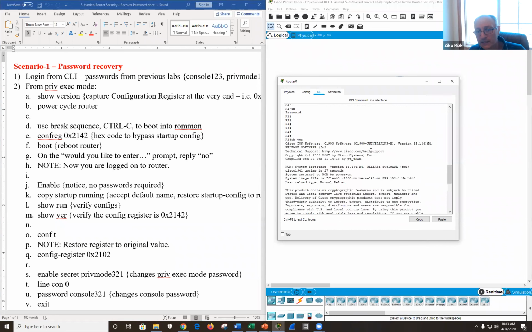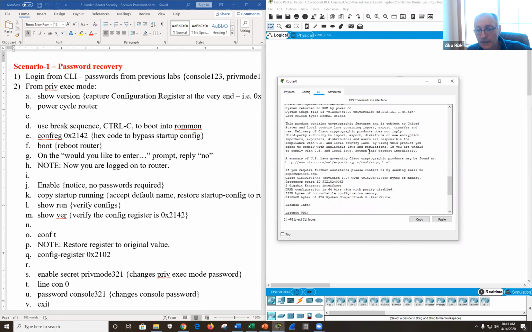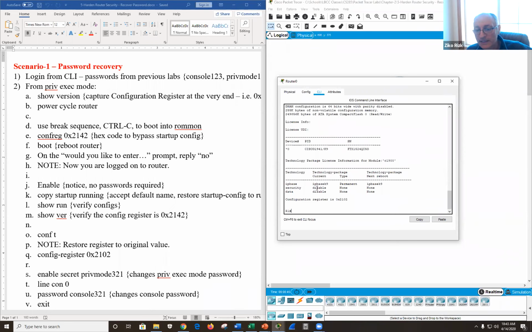and we'll come back to this later on so you can see the version of the operating system you're using. You can see the version of the ROMMON mini operating system you're using, and the two can be different, and they usually are. You can see the licensing down here, and in later exercises, we have to enable the security features on the router so we can use these features, which is an add-on and you pay for. And then at the very, very end, it's showing you the configuration register, okay?